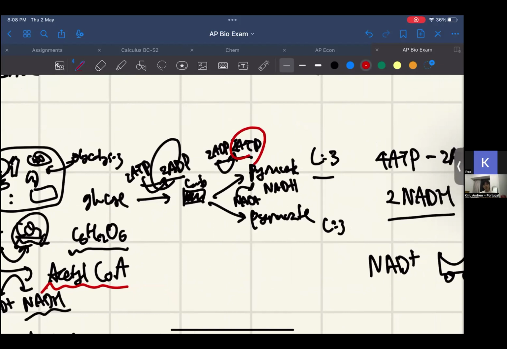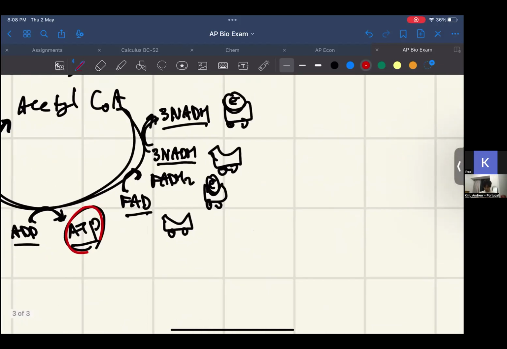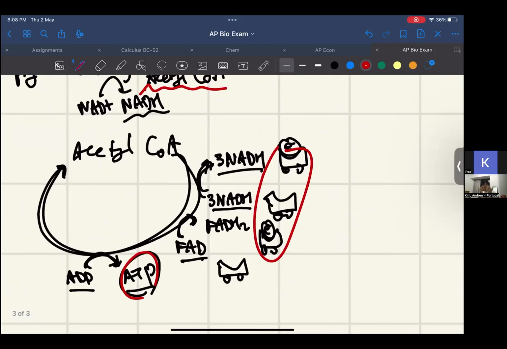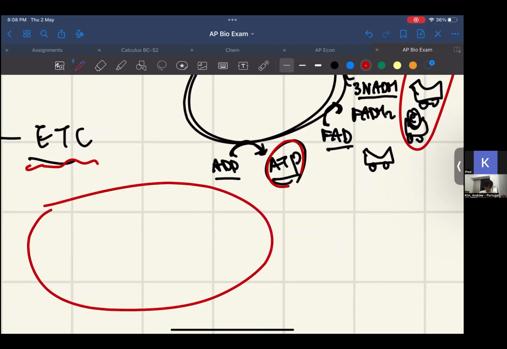But still, that is not enough ATP, right? We want to make more ATP. And that is why we had all these electron carriers, okay? Now that all these electron carriers are actually carrying electrons, these electron carriers will bring electrons to ETC. And where does ETC happen? In mitochondria, you remember this